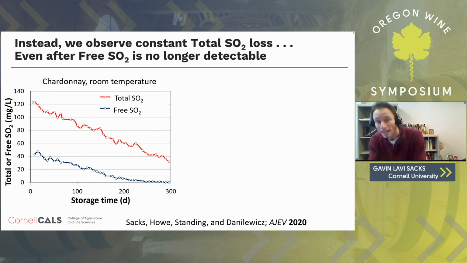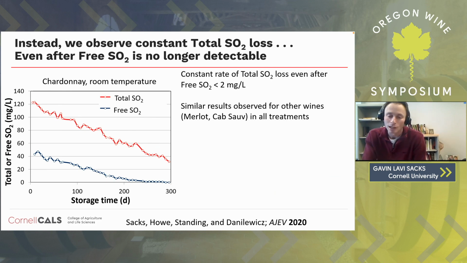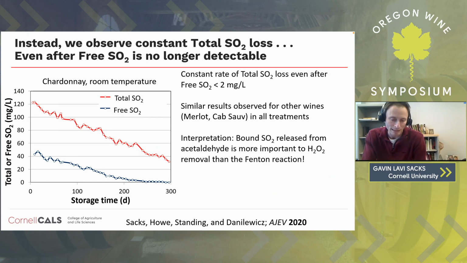Even that strongly bound acetaldehyde, what people sometimes call irreversibly bound, it's not irreversibly bound. This isn't a good wine, by the way. You're starting to release lots of acetaldehyde, but even that SO2 bound to acetaldehyde will eventually be consumed during oxidation. And we see this with a Chardonnay. We see the same results with Merlot and with Cabernet Sauvignon, regardless of packaging and oxidation rate,